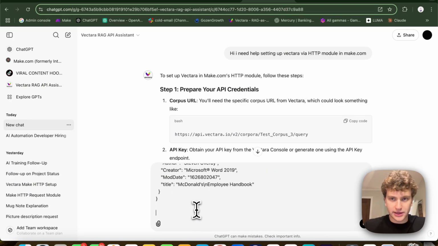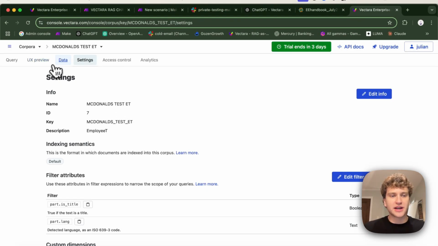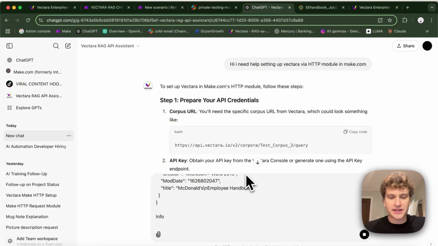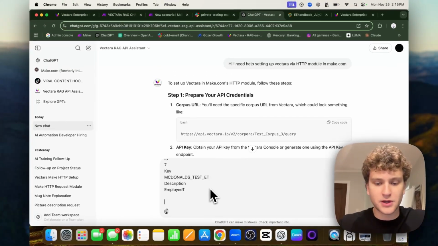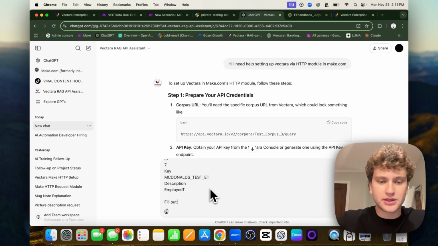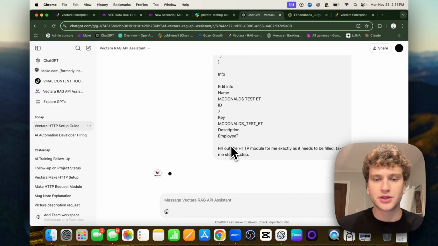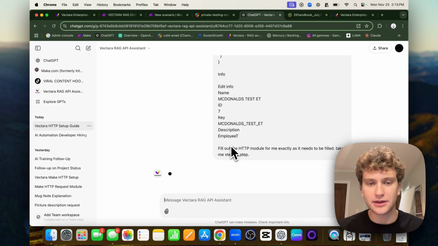All right, scroll down. Now we're going to give it one more thing here. So jumping back into Vectara, you're going to navigate to the settings tab, and then you're going to copy this information here. So you're going to copy the name, ID, key, and description, and we're going to paste that in there as well. And then I'm going to say, fill out the HTTP module for me exactly as it needs to be filled. Take me step by step. Cool. So now we've given it all of our information, and we're going to let it generate its response here,